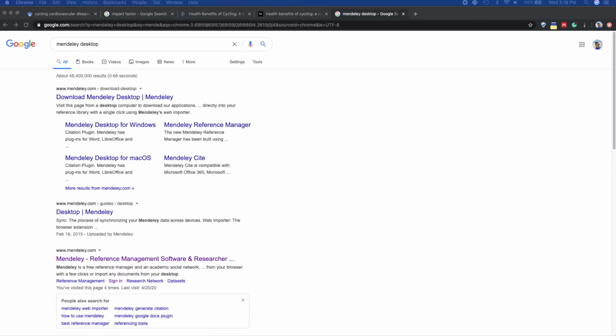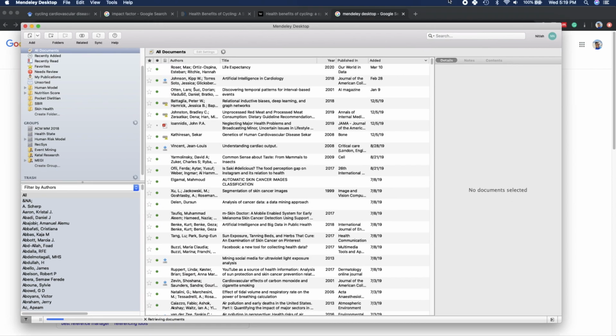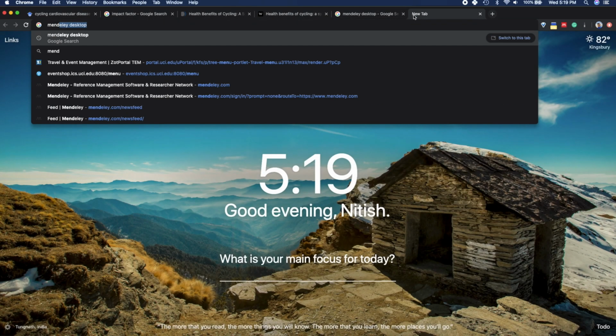Mendeley Desktop is basically a desktop application, and it looks like this once you download it. It allows you to organize everything on your computer without the internet, and I'll tell you why that's useful. The third thing you want to install is the Mendeley